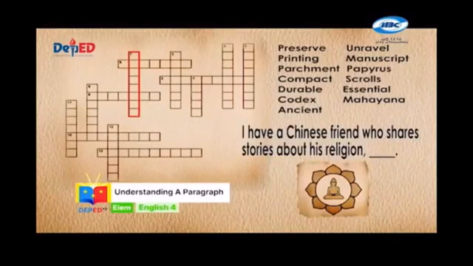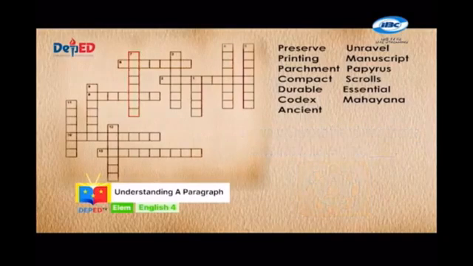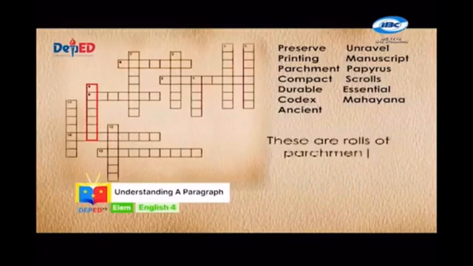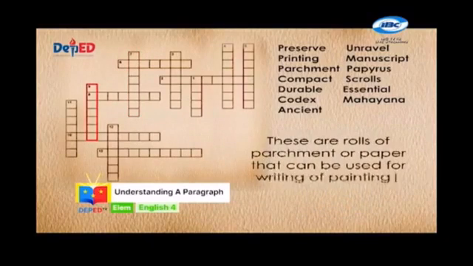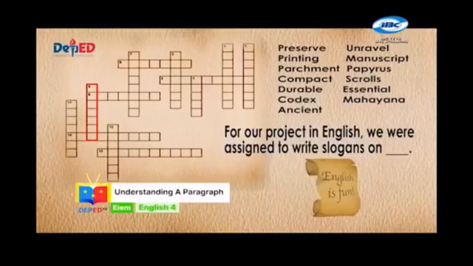I have a Chinese friend who shares stories about his religion. Number 9. 7 letters. It is a roll of parchment or paper that can be used to write on or paint on. For our project in English, we were assigned to write slogans on